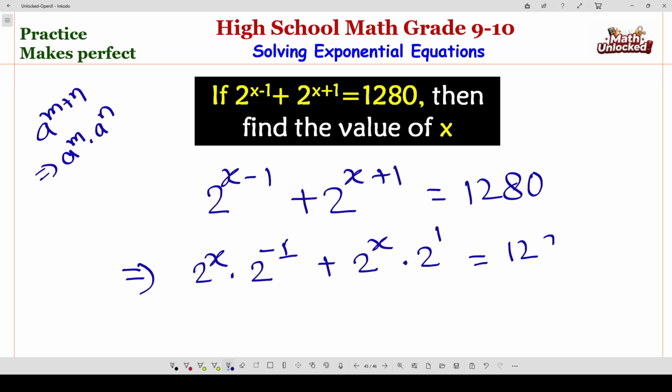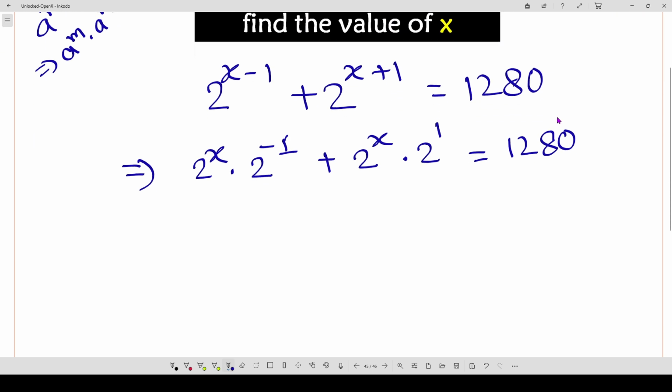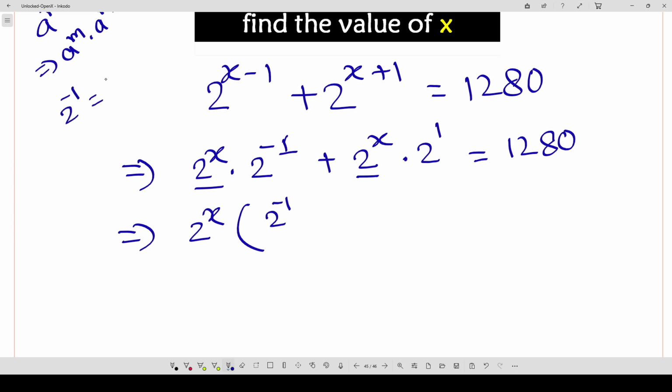equals 1280. Now we can take 2 to the power x common from this expression, so it will be 2 to the power minus 1. As per the negative exponent, we can write this 2 to the power minus 1, or if anybody wants, it can be written as 1 by 2. So we can do it on the next line, and here is 2 to the power 1, or it's only 2,